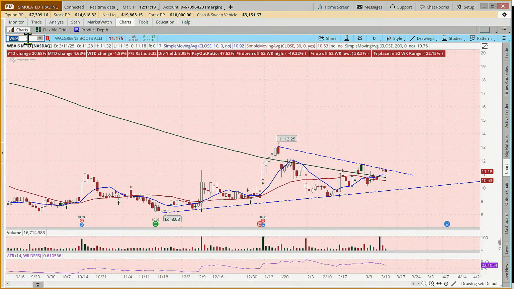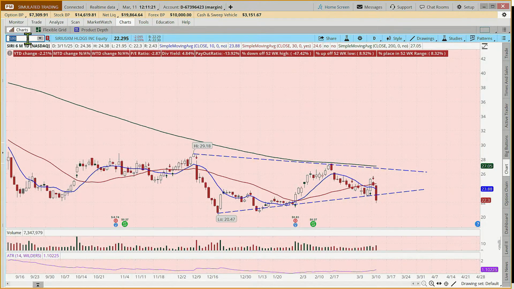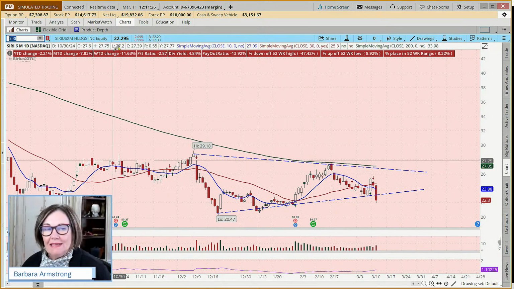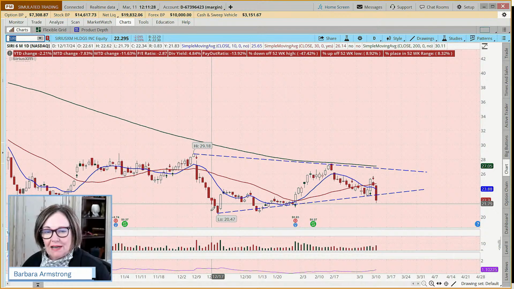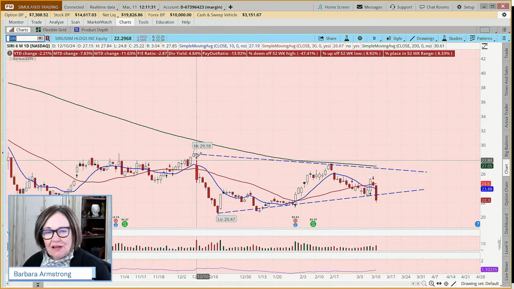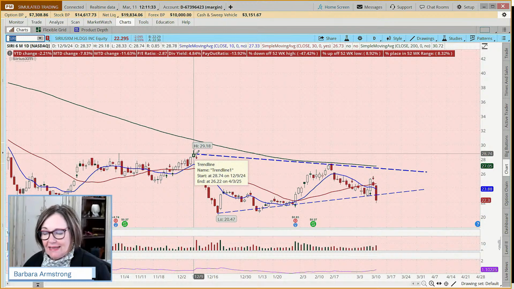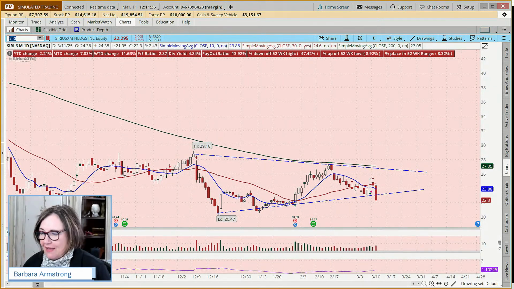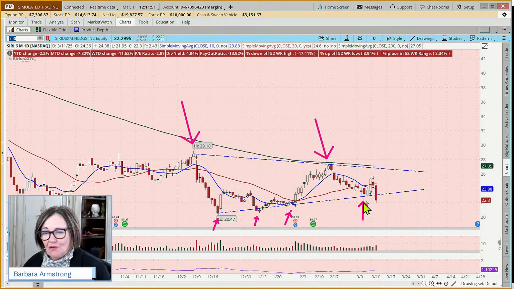Let's look at Siri. This is another stock that I say is kind of in the more affordable section. It's currently trading at $22.29. And if we look at this short term, we see again, we had a higher high, and we're seeing a lot of this on the charts lately. It's not always this way, but a higher high and then a lower high. And then we had a low, a higher low, higher low, higher low. And today, what's it doing? It's breaking below.